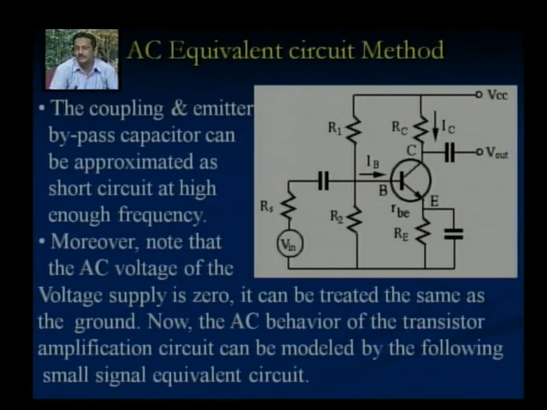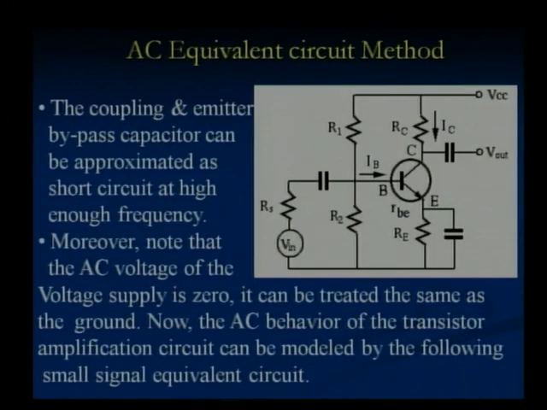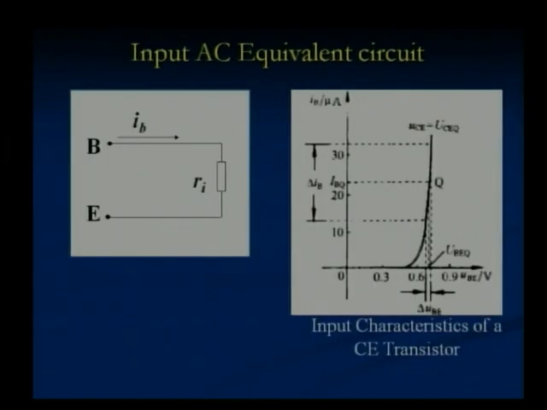They bias this transistor, and at high frequencies we assume that these coupling capacitors, this one and this other one, are short circuited, as happens normally since the reactance is very small. So at high frequency we can consider these two capacitors as short circuited, and we come to a circuit like that. Now at the input between base and emitter, if we neglect the DC sources, since we are interested in AC analysis, we find that a small resistance appears between the base and emitter.